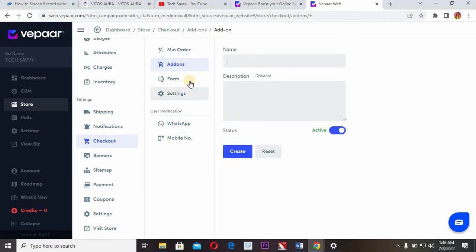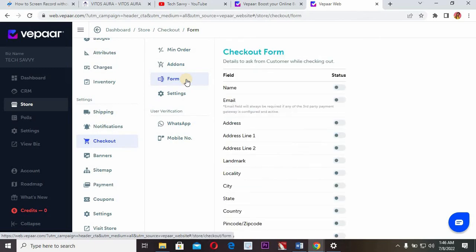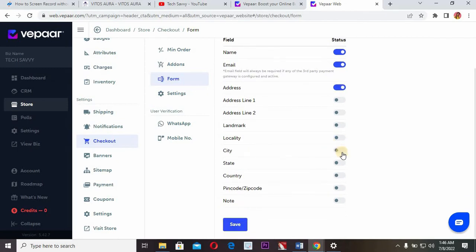Okay, name and description. Come to form, okay? So this is the form your customers get to fill when they are checking out, okay? So you want them to fill their name, their email, their address, their city, the state they are in, their country, and then a note, okay? These are the most important things you want them to fill out. And then you click on save,